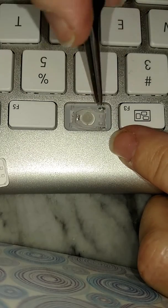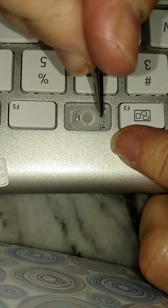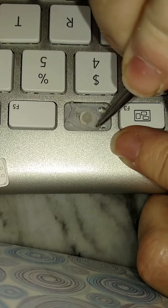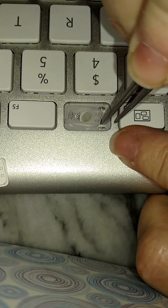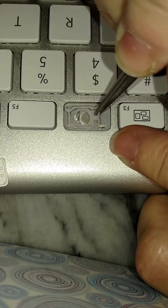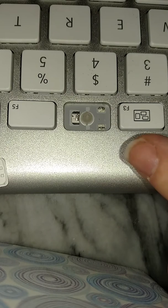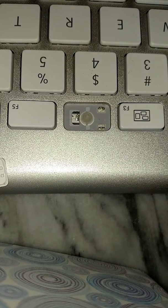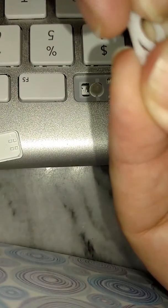Those seem to be stuck on pretty well. But you're gonna put this tab right in there, but you have to be careful not to break. Ooh, okay. Oh, see, this one's missing a tab. Can you see that? That one is missing a tab, so I cannot use that one. So I have to use this one. Okay, I'm gonna just put, I don't know if you're going to see this, but I'm going to put these together